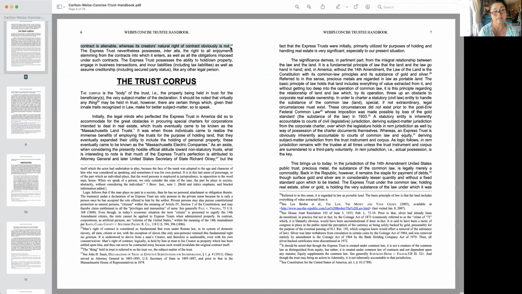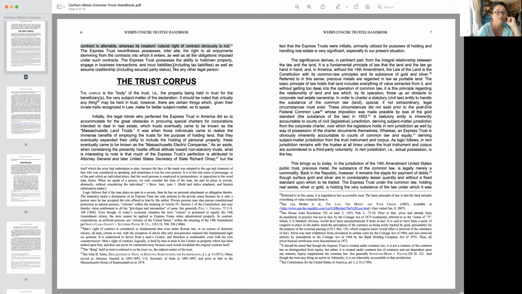Whereas its creator's natural right of contract obviously is not. Oh, I don't understand that, but it's good. That sentence is a good one to try to get. Let's keep reading and see if it explains this. Because like, if their creator's natural right of contract is not